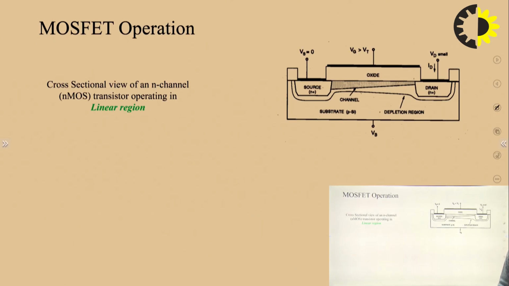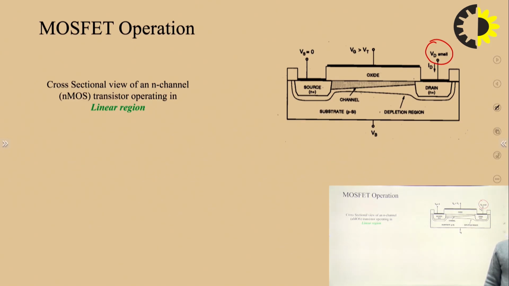Then we have a linear region. For the linear region, we need to apply a small VDS voltage. If we apply a small VDS voltage, electrons will travel from source to drain, attracted from the drain side, and the direction of current will be opposite to the flow of electrons, right? So the direction of current would be from drain to source, right? So this is